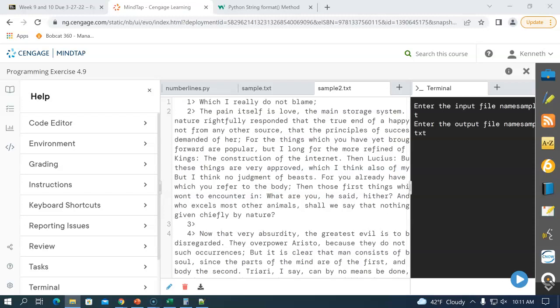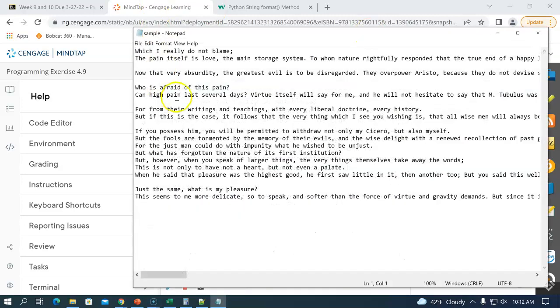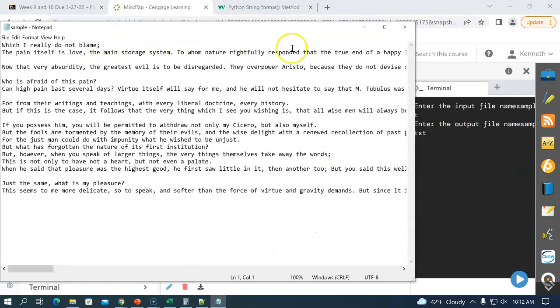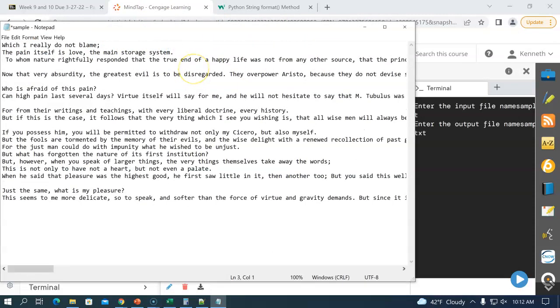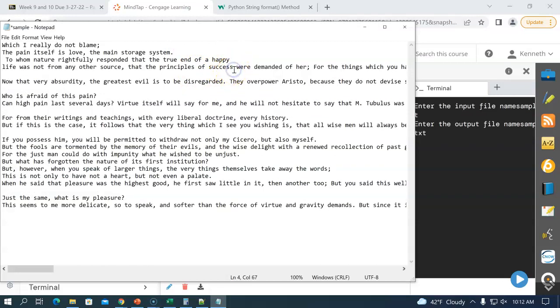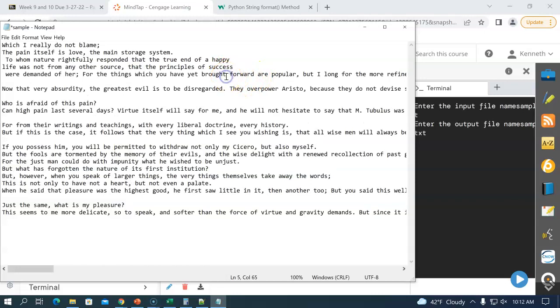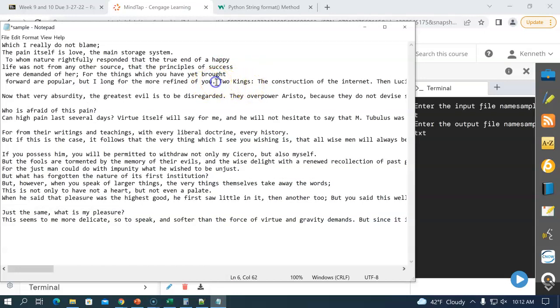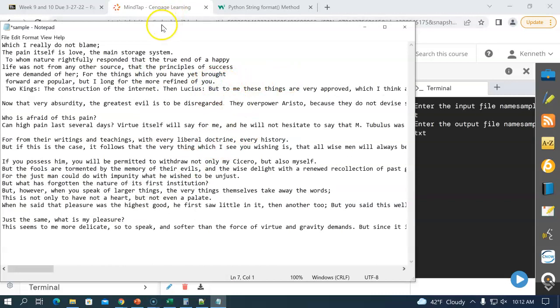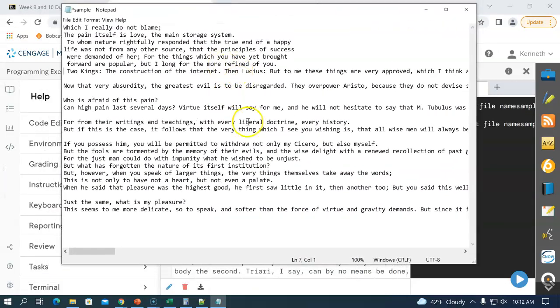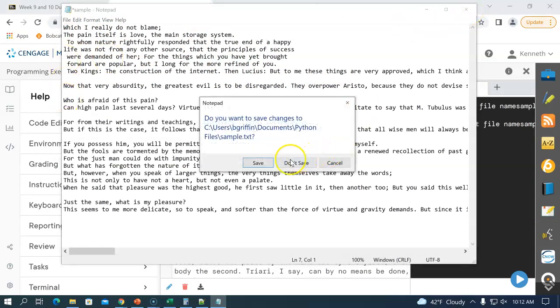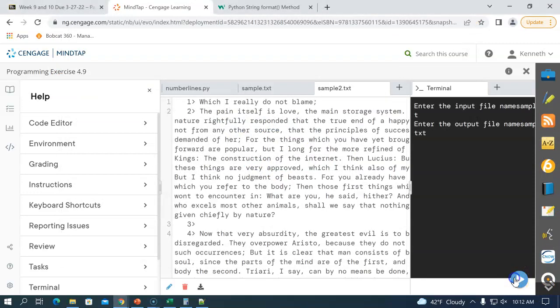Documents, Python files, sample. So notice that it's a long line. If I would go in and put end of line characters in here, we could certainly make it work better for that name. They have very long structured names in here, or lines. It's just a chunk of text, so it doesn't really matter a lot. But now if I did this, it would have more lines in there. So save. And now if I do the same thing,